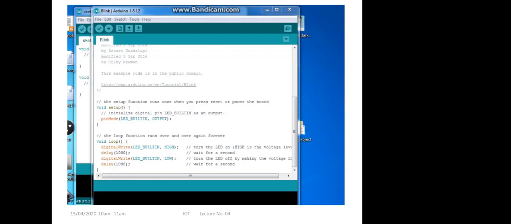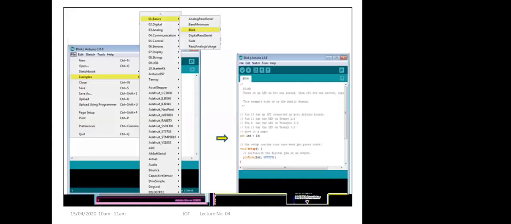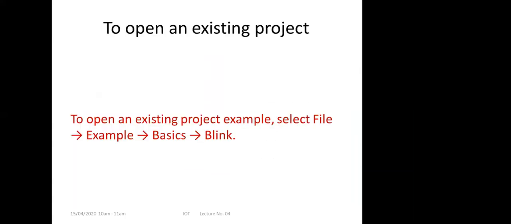So in how many ways can we open the program, and what are the steps? You need to follow that.